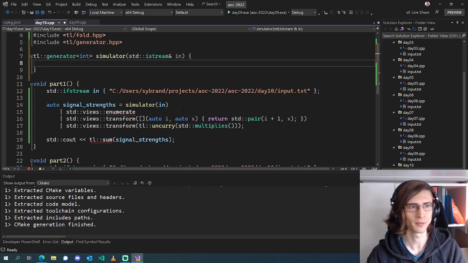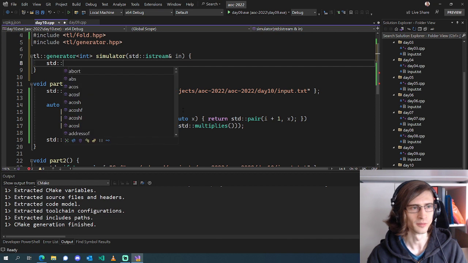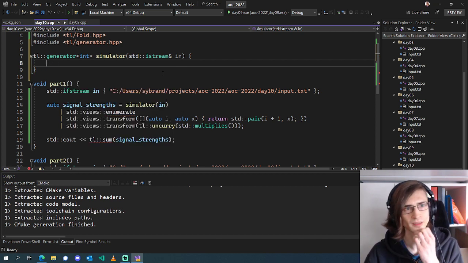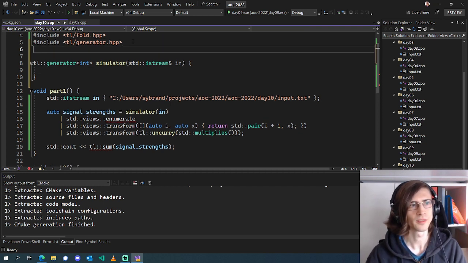let's see. What's our state going to be? We're going to do std::ranges get lines to get all of our